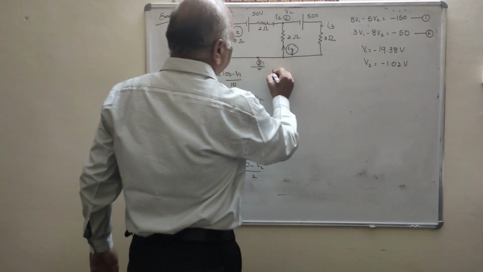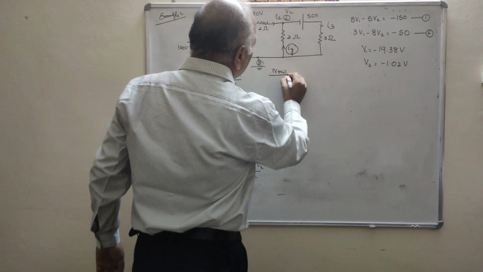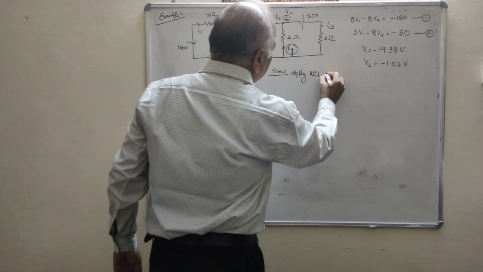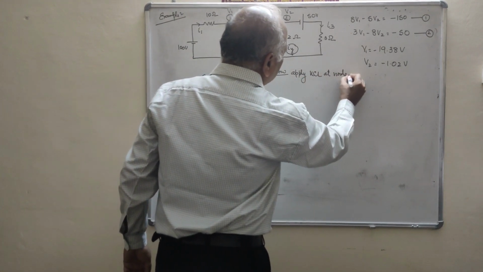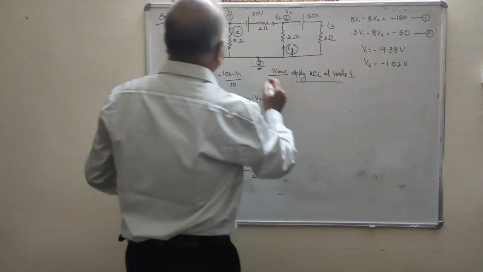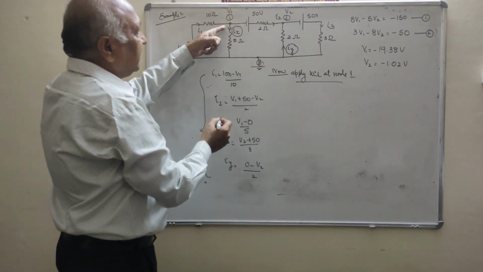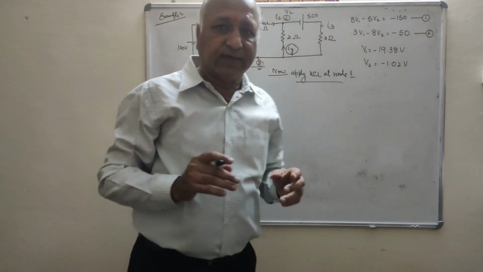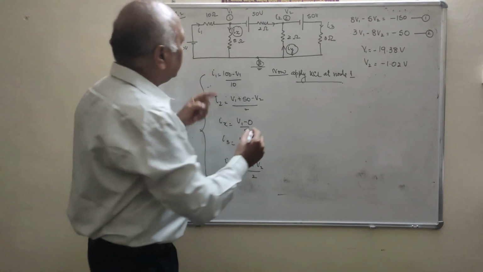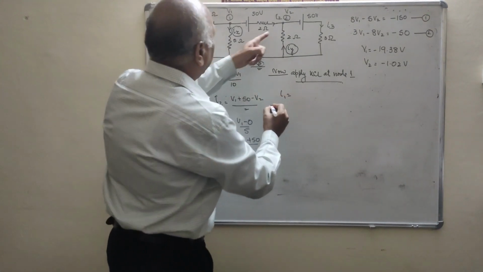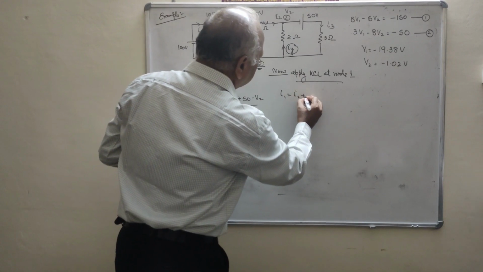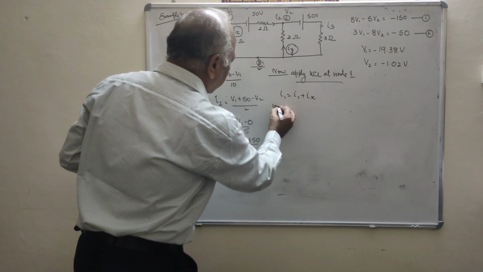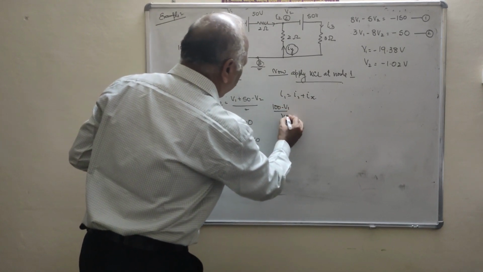Now apply KCL at node 1. What is the KCL? Incoming current is equal to outgoing current. What is the incoming current? I1. What is the outgoing current? I2 plus Ix. Put the value of I1, that is 100 minus V1 upon 10,